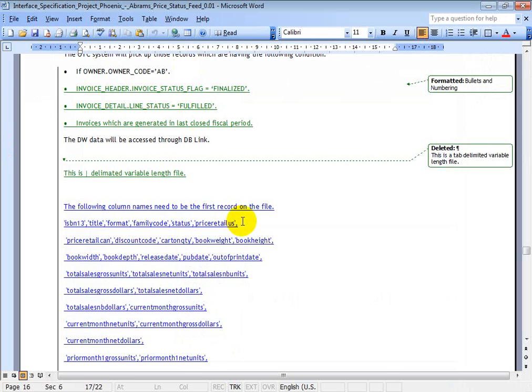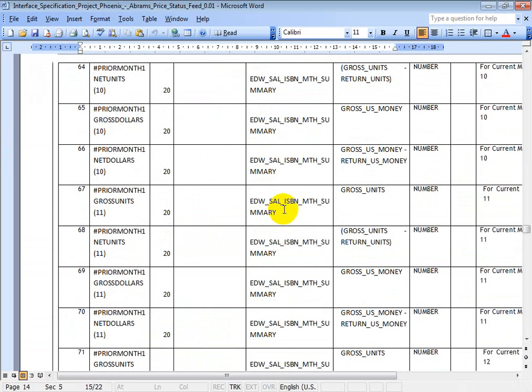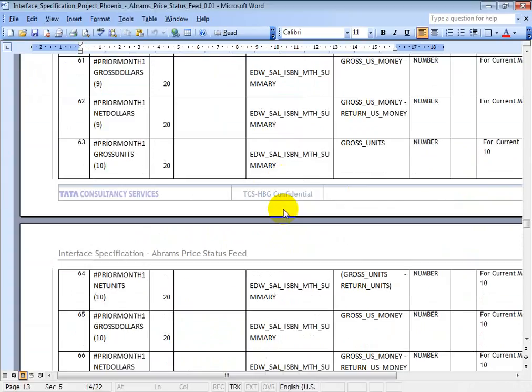And next is Abraham's. What is the purpose of maintaining this file, just as a backend? The purpose of these distributive files: it's for distributors. They have to know how much sales has been done for their books. Abraham's is a third-party distributor.